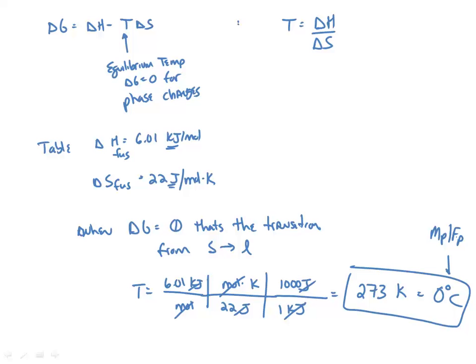So given these values, we can calculate that temperature for any given phase transition. All we have to do is have a giant table of delta H and delta S values, like for instance Appendix B or C in your book, and we can calculate the temperature for any given phase change that we want. And then maybe the last bit of review is thinking about it in terms of energy,